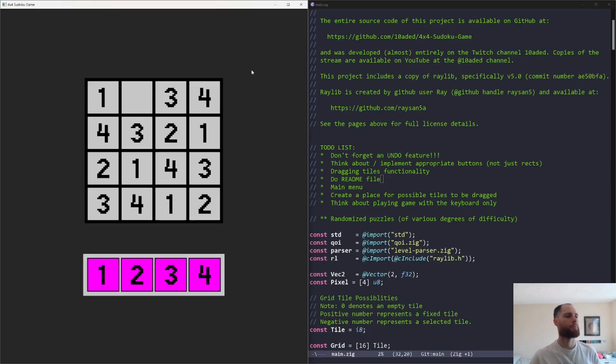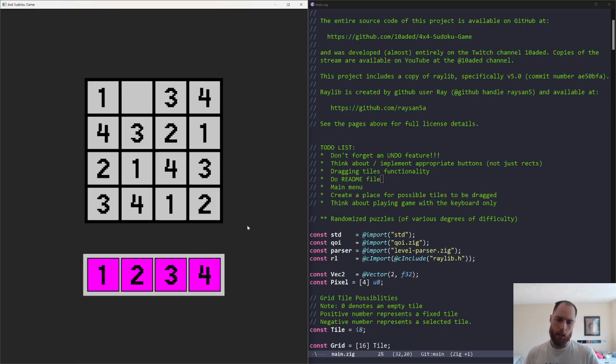And then we may as well also do some kind of hover logic for the button, so that when the mouse is hovered over them, the button changes color in some way. And then once we have those features in, I feel like the tile dragging stuff should be somewhat